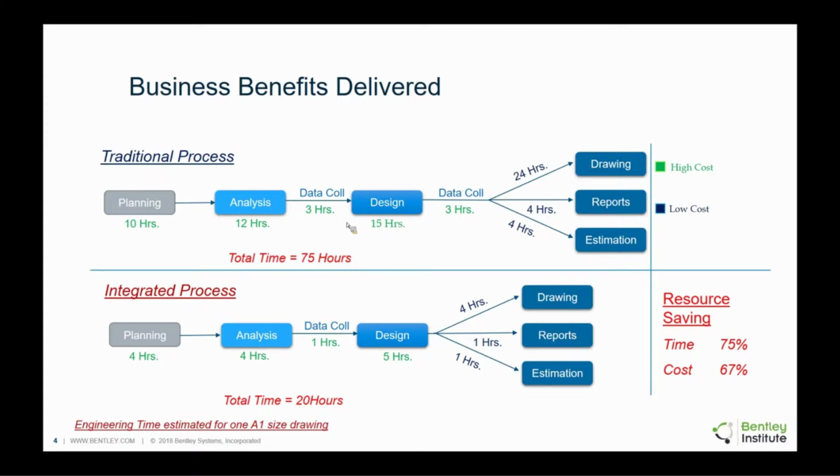crushed, because your process involves, apart from active time, which is doing engineering, a lot of passive time as well. That is compiling information, giving it to the next cog in the wheel, or the next person who's going to work on that. If somebody's done some output, it comes back to us, we need to check it. A lot of us have gone through the red and yellow marking philosophy. All of that takes a lot of time, and for us is a non-valuing passive process. Once we start automating and the efficiency of the outputs is 100%, it crashes the whole process, and we believe that you can potentially save around 65 to 70% time and resources in this